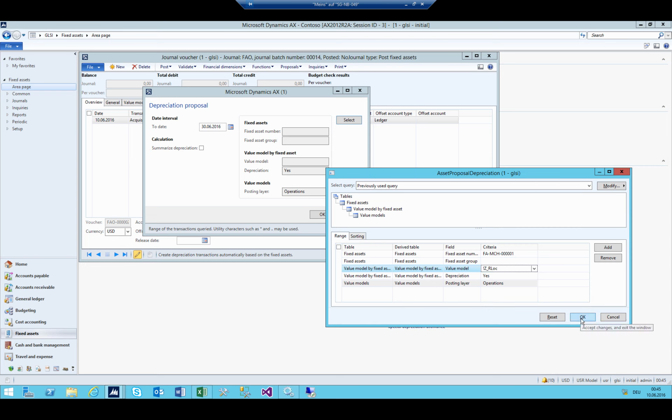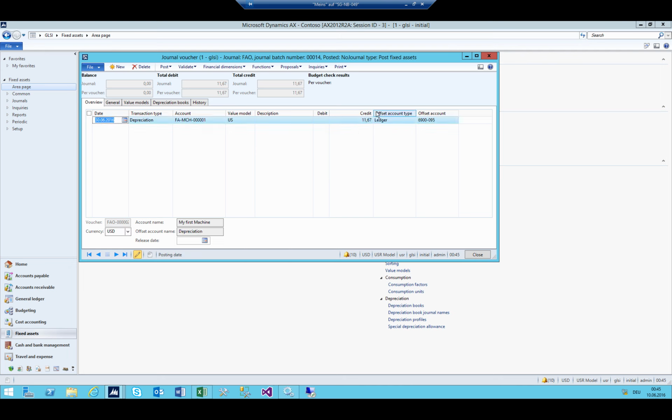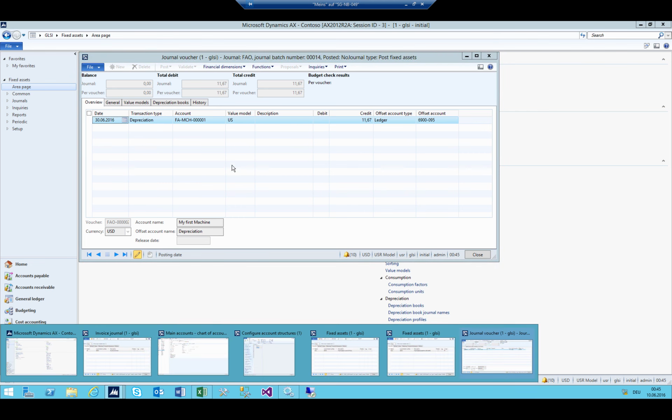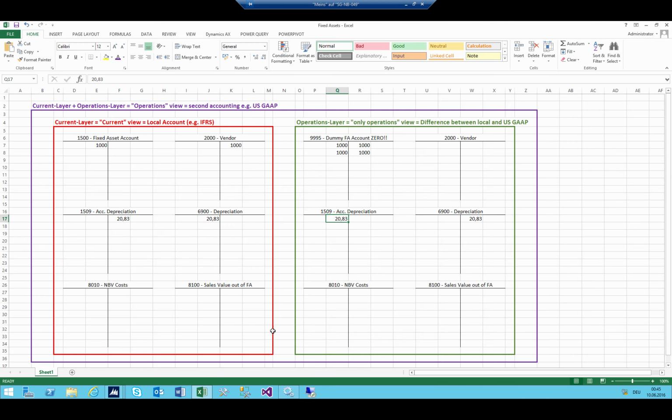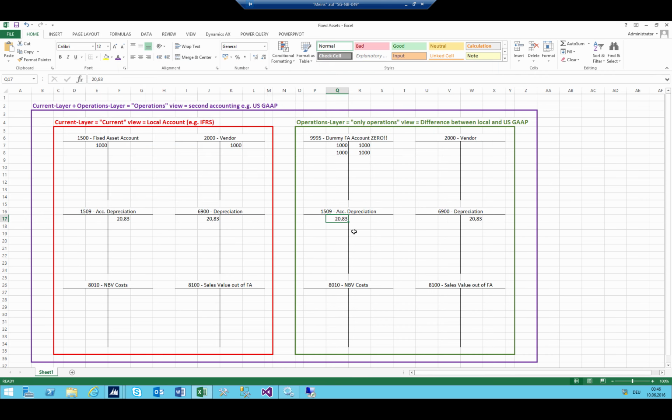log. Good. I click on OK, 30th June, and I say OK, and we have here 1167. I'm going to post it as well. And what do we expect? Well, of course, we expect now that we have a total depreciation in the US GAAP of the 1167. So we just expect here